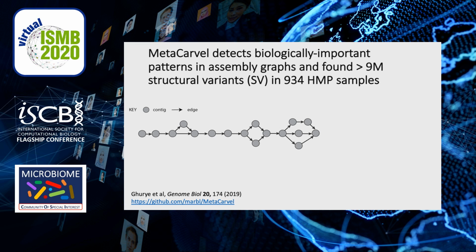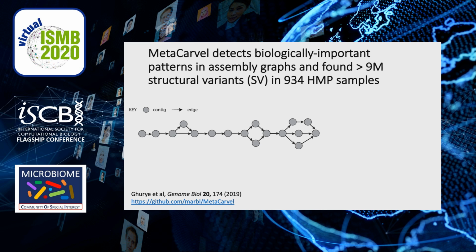My research focuses on characterizing the microbiome using whole metagenomic shotgun sequencing. More specifically, I'm interested in looking at microbial strain-level variation using metagenome assembly graphs. Our lab developed a tool called MetaCarvel that uses paired-end read information to orient and link contigs together into longer scaffold sequences. MetaCarvel generates graphs where each node is a contig and edges denote sufficient mate pair support between